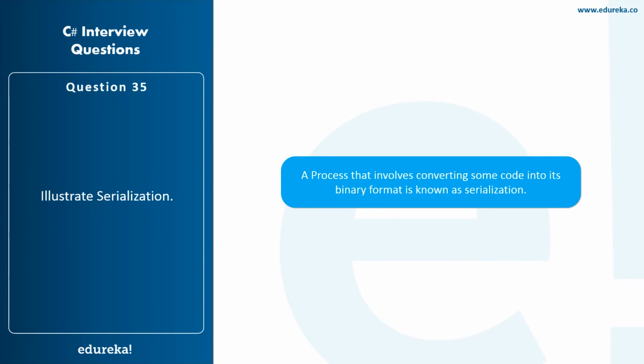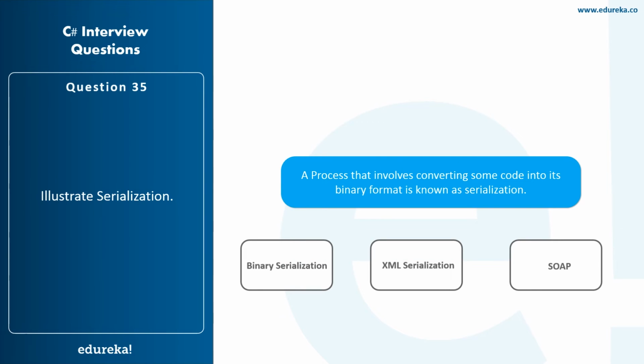Well, serialization is a process that essentially involves converting some code into its binary format. In doing so, it also gives the flexibility where code can be stored easily and/or written to a disk or some other storage device. Serialization is used when there is a strict need for not losing the original code.